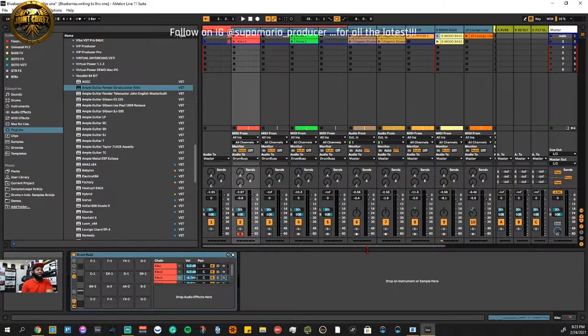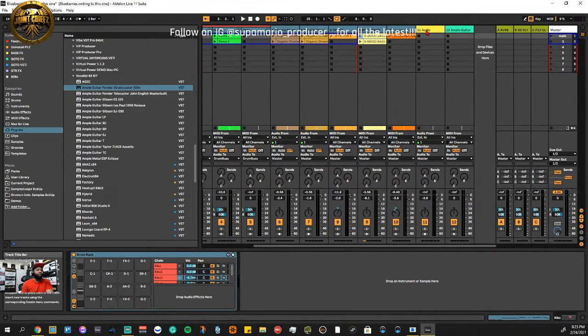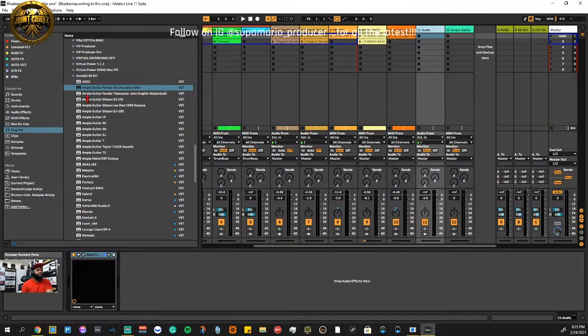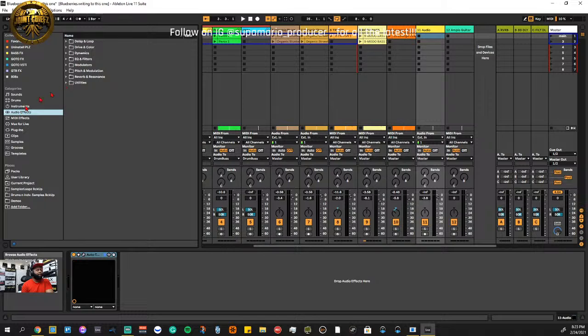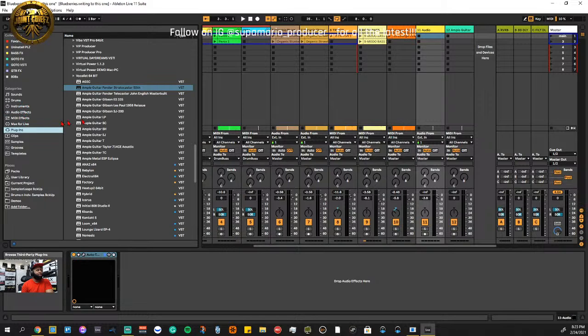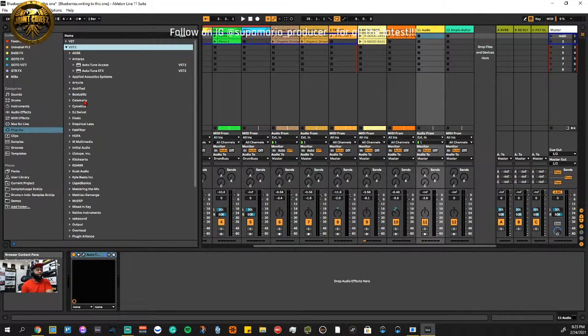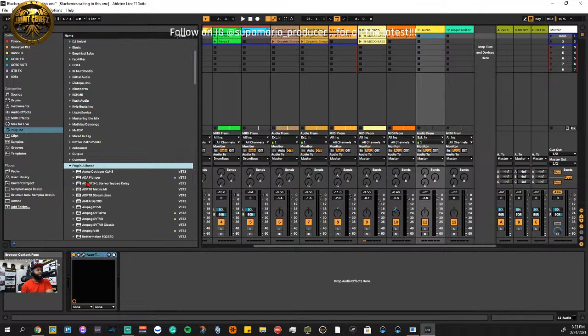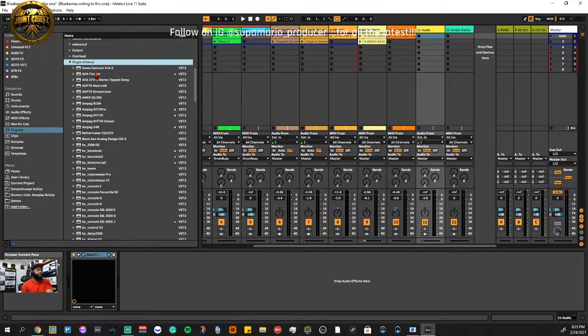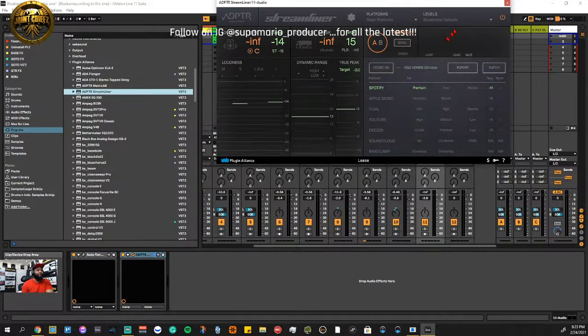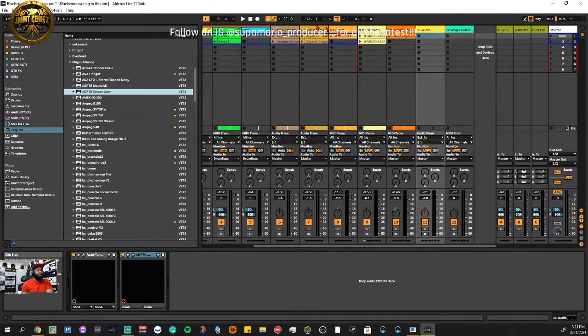So let's say, for instance, I have an audio track here, and I got Auto-Tune on here. If I was to go to my plugins and find something very CPU heavy, I'm trying to think, what do I have that can spike that up? I think I know what I got. I'm just gonna throw this plugin on here. It's not really an audio processing plugin, but I know it taxes that CPU power. I'm gonna drop it on this track right here, and if I was to hit play,